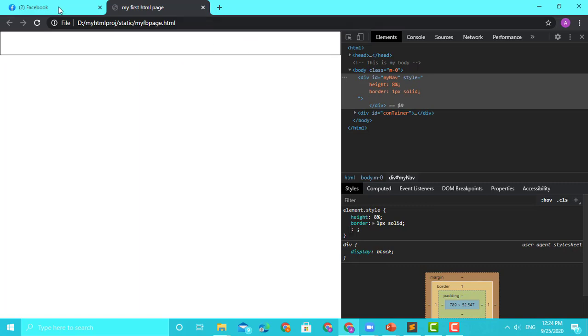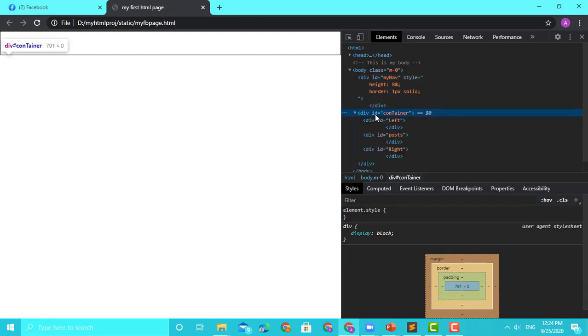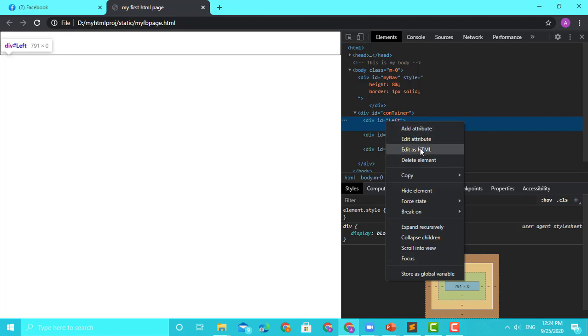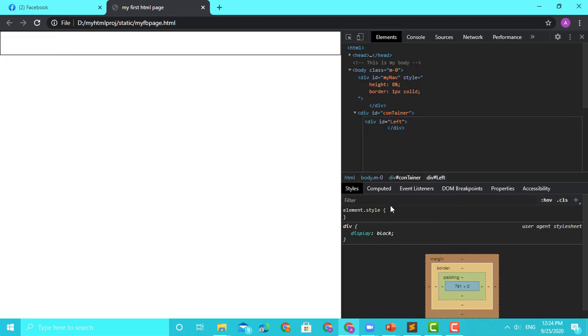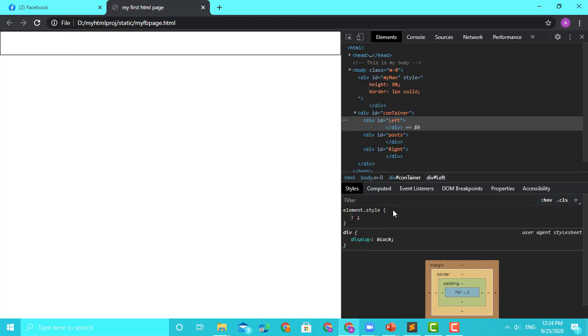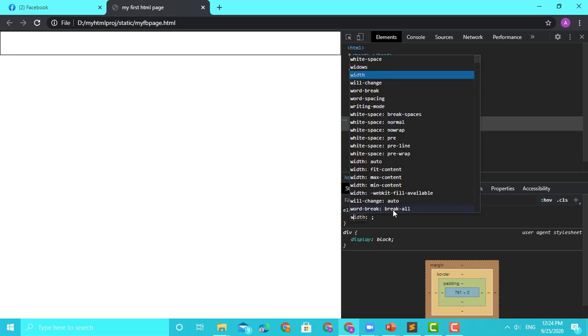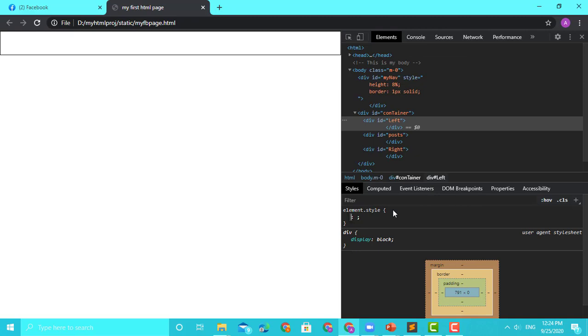Okay, so now we will do for the container. So I'll go here, this I have to do left container, same thing I will do, edit as HTML, or I don't need, I can just style it here. Now I want to give a width. Okay, there is no height, right? Okay, before that, I will show you. I'll say width, I will say 30%.